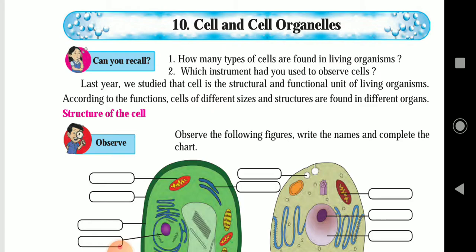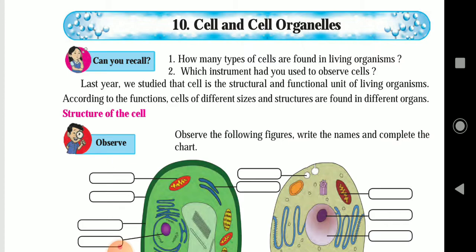First of all, take down the paper pattern. Your question number 1 is answer the following in brief. Question number 2, give reasons, and question number 3, answer in short. The overall paper consists of 20 marks. So you have to answer the paper of 20 marks.